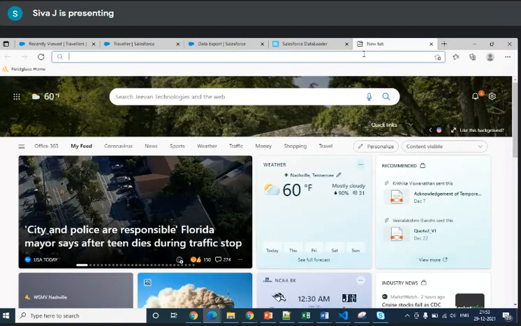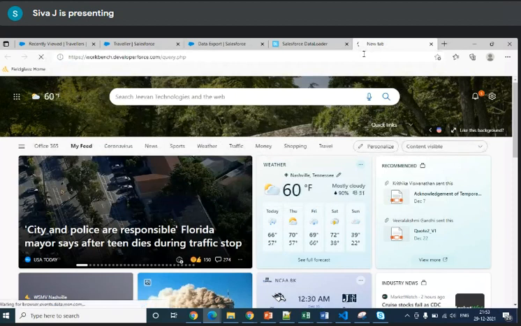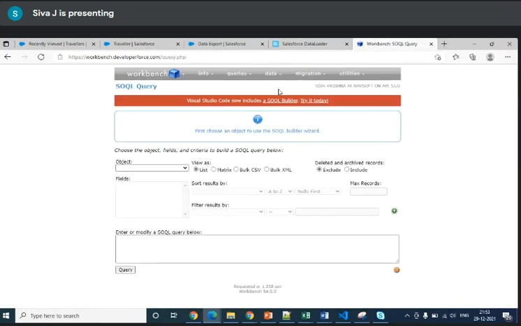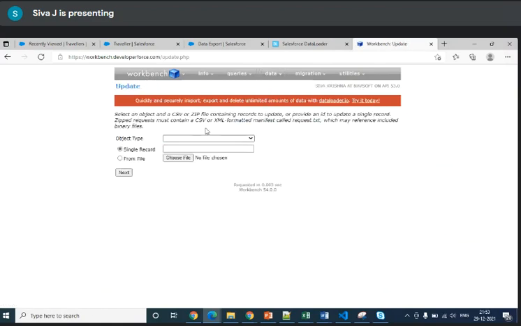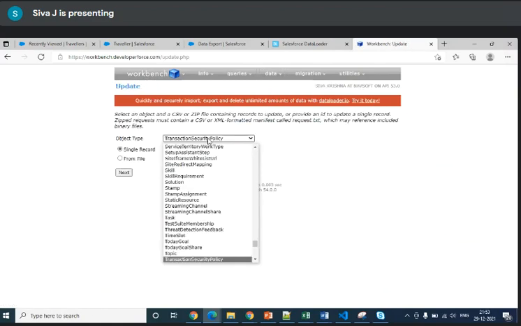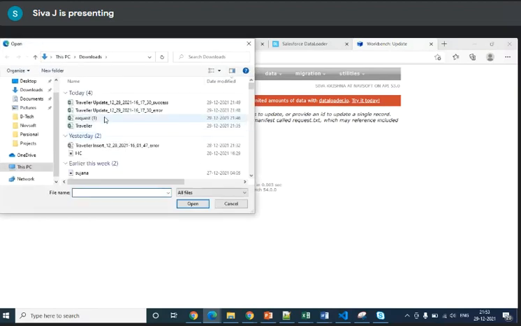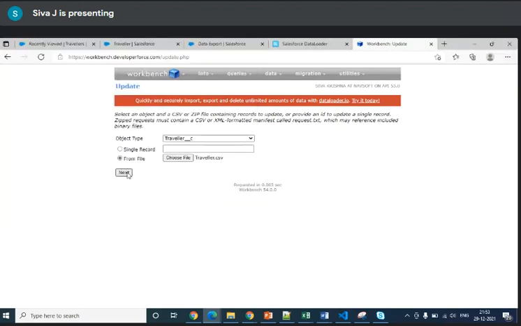Now, the final one, Workbench. You know how to update and all for now. As of now, you just need to select the object. Whatever object you want to update, you can just choose the file and then update it. Then click next.